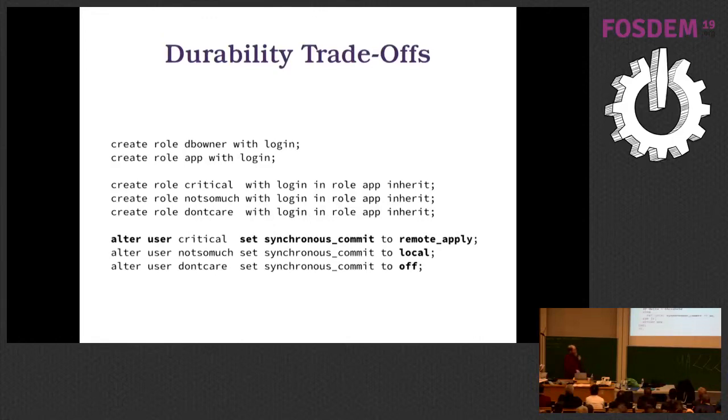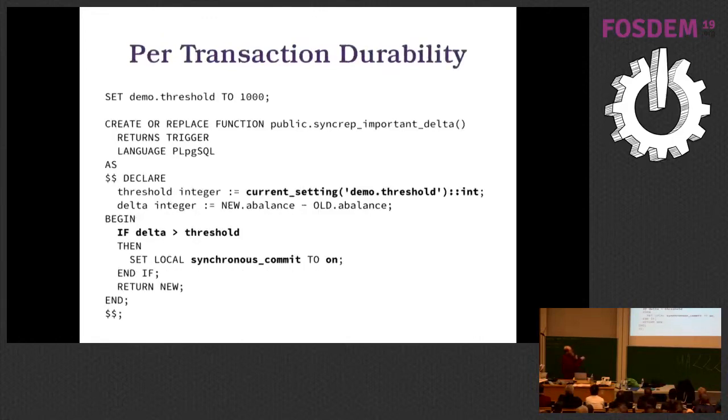You can even do that dynamically in your application, here it's a trigger. Where is the trigger written here? It's a trigger that says, if the user is spending so much money, which is set in a GUC,